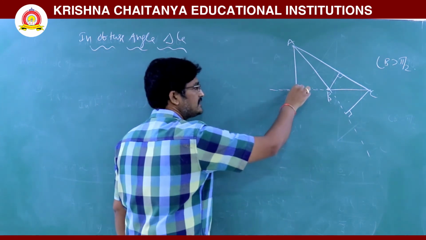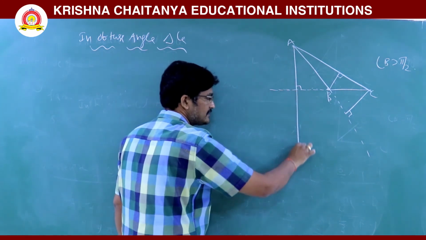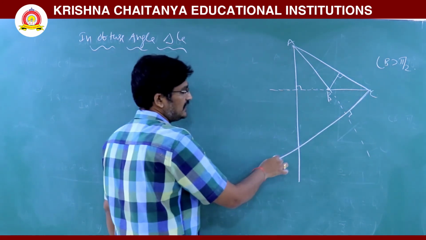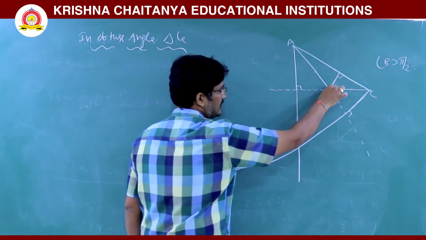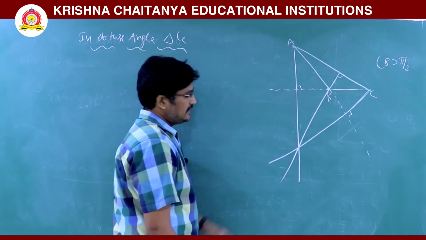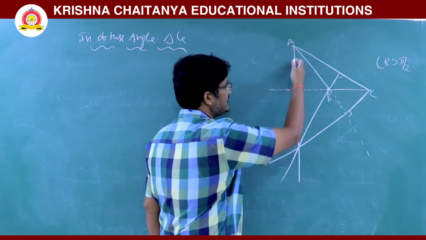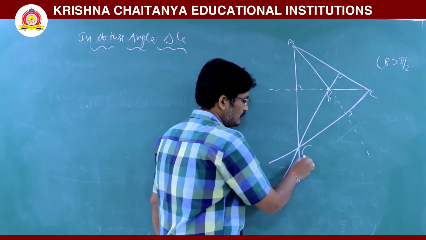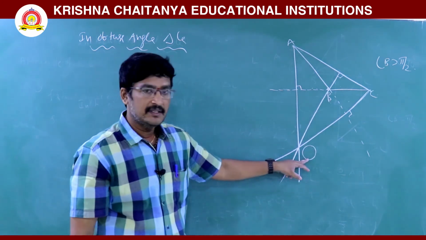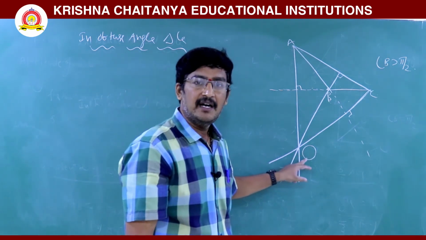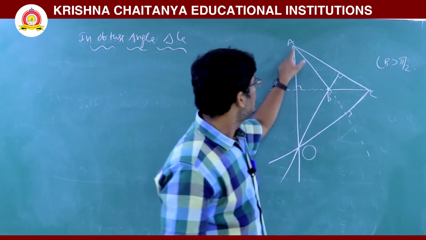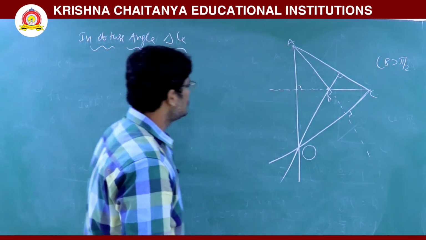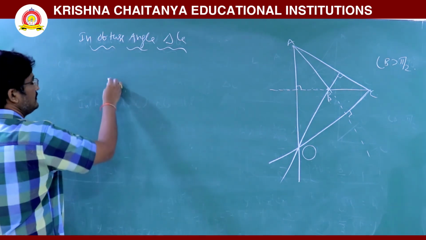To get the point of concurrency, first you have to extend this line like this, and this is one more altitude. You have to extend this also, and then extend this line. This is the point of concurrency of these three altitudes. Those three altitudes concur here, and this is called the orthocenter of the triangle. That means the orthocenter is located outside of the triangle. It is an obtuse angle triangle. So for an obtuse angle triangle, the orthocenter lies outside of the triangle.